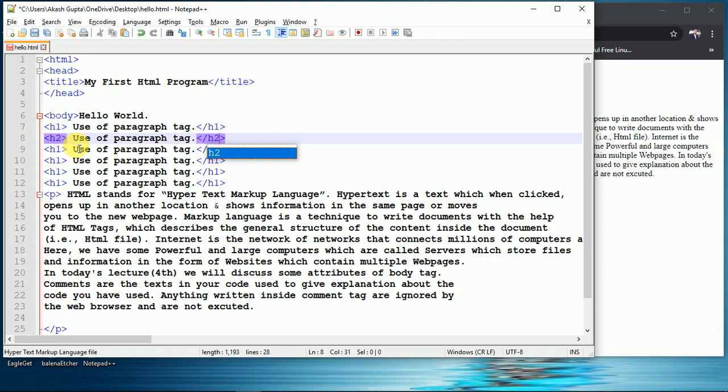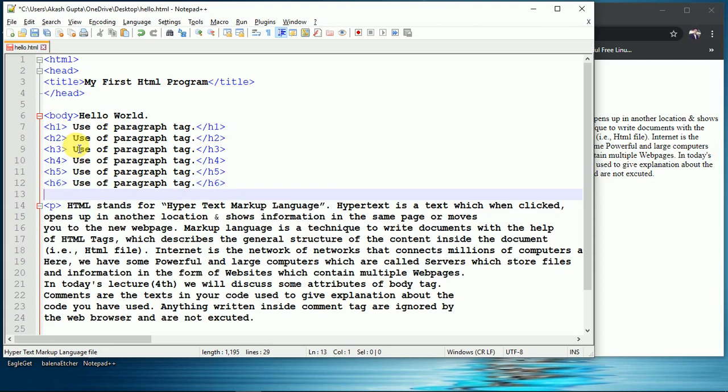Okay, this is heading 3, this is heading 4, this is heading 5, and this is the last heading, heading 6.